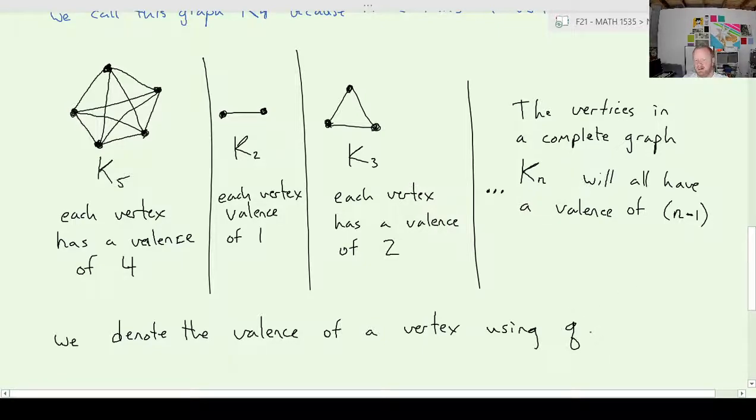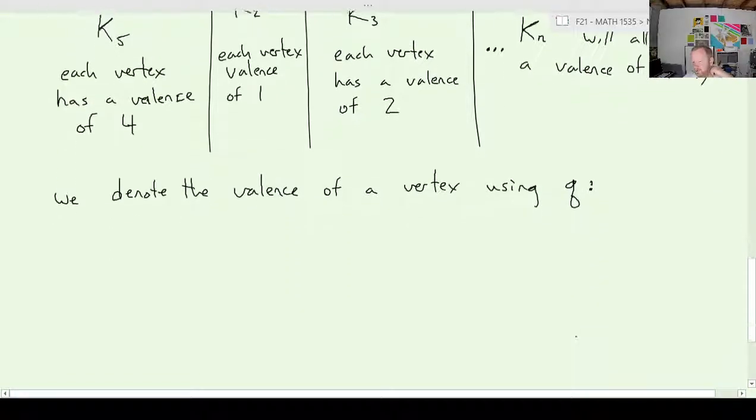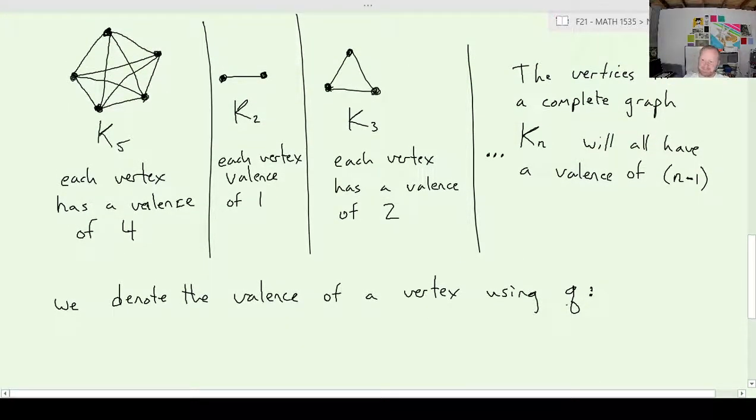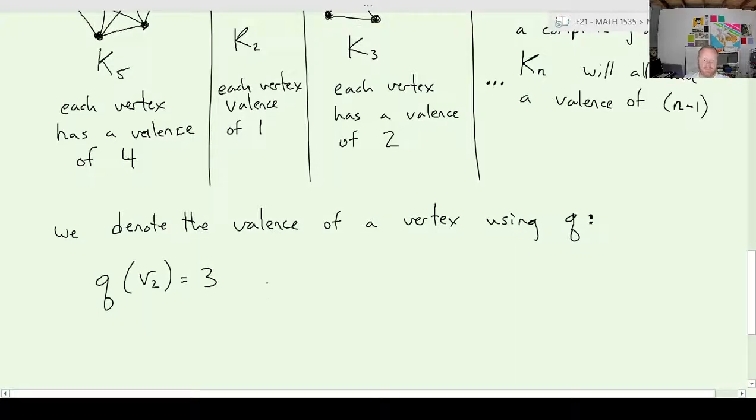This letter Q. So we would say something like Q of V2 is equal to 3 means vertex 2 has a valence of 3. Okay,